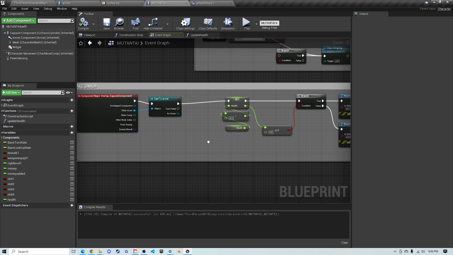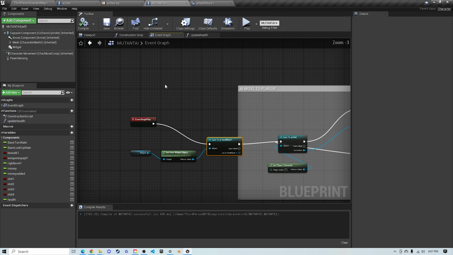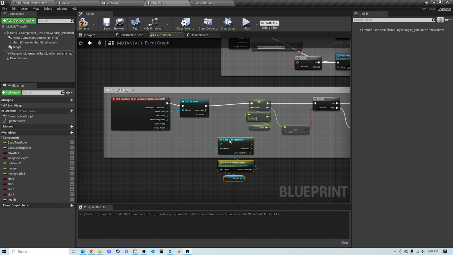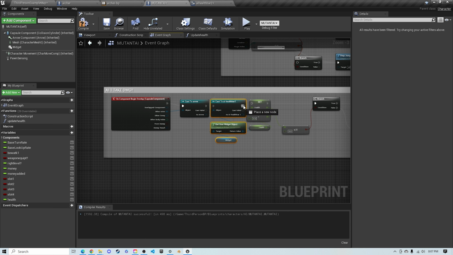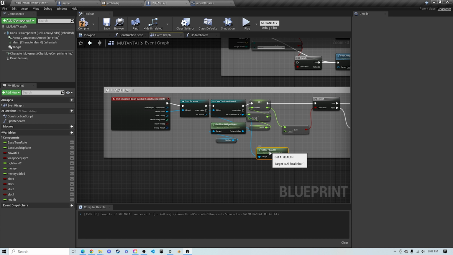And we're going to plug this in right in between cast the arrow and set health so that we can get the health widget variable that we created, and it'll read the health simultaneously as it gets the health from the actual character health. So we're going to do off the variable get AI health, or I'm sorry, we're going to set the AI health,